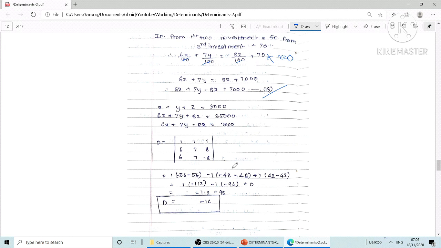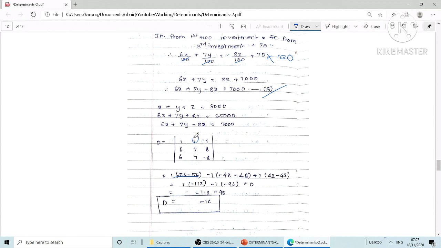Then we will find the determinant, that is D. Here I have not done the cross multiplication form, I have done it directly, but I am showing you how to do it. Copy this one as it is down. Hide the first column and first row. What is left? 7 and 8 is left. When we cross multiply, minus 8 into 7 is minus 56, and 8 into 7 is 56. I have got that here.